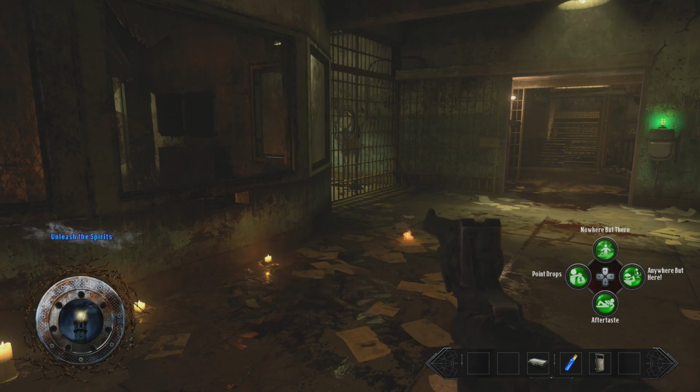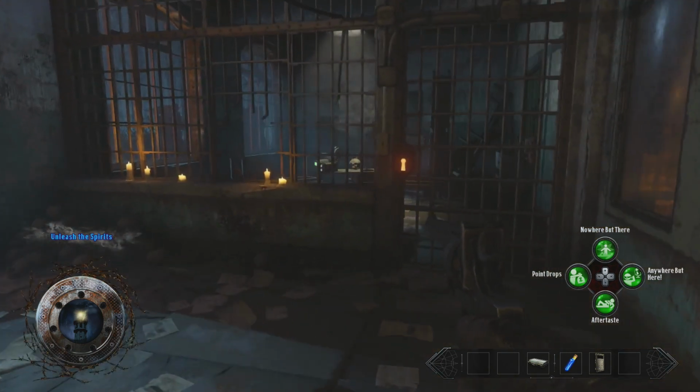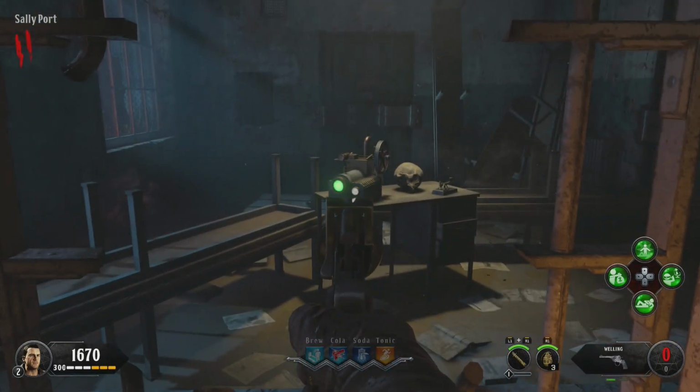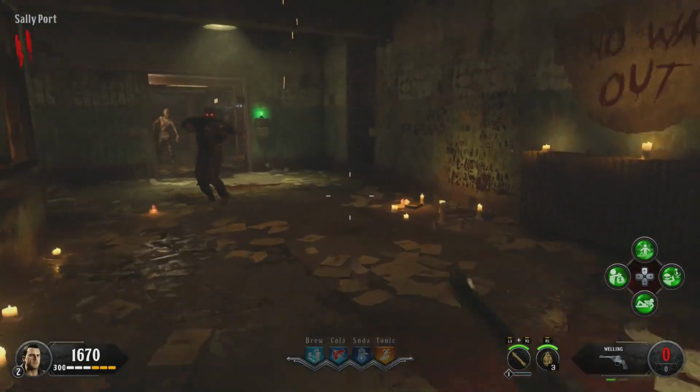On the far right, you have the 3 items for the shield, and on the left, you have the 3 items for the Acid Gat upgrade. The Warden's Key is the very far right item. You'll use the Warden's Key to unlock this right here and grab that. Once you have that, make your way back then